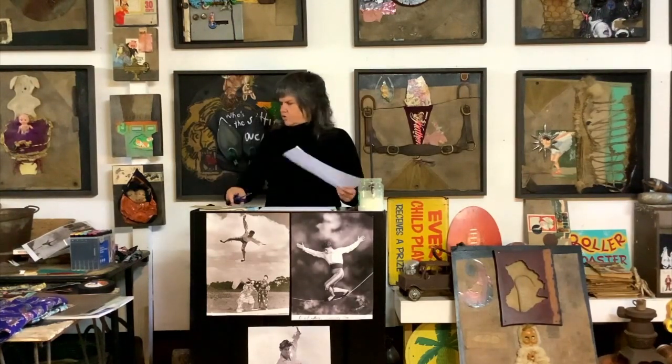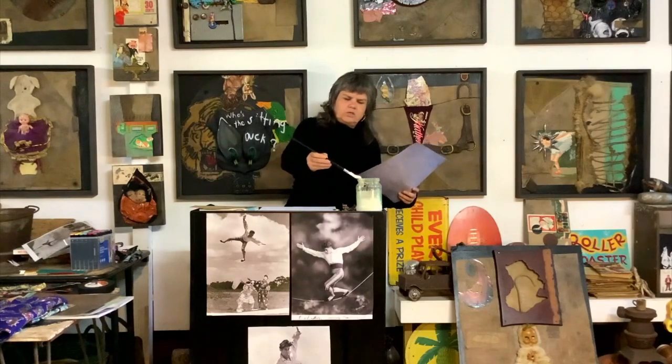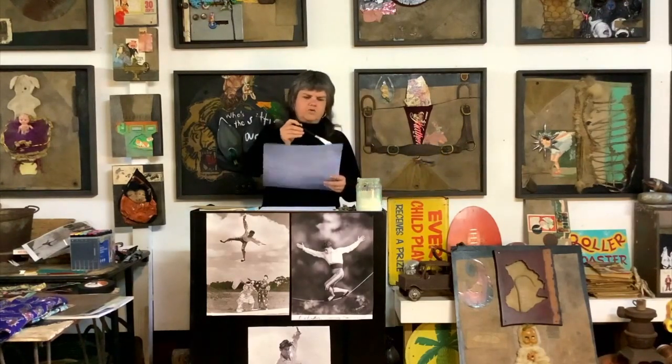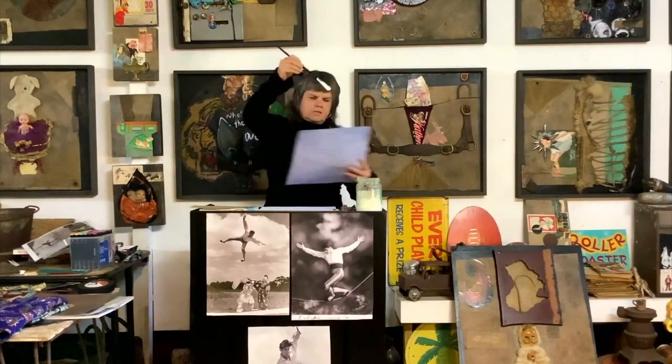I'm going to try and be as quick as I can with this, so then you can do it. So I'm not going to use as much glue as I usually do, because we'll be here all week. I'll put a little bit of glue on so you don't fall asleep. And I'm going to paste it down